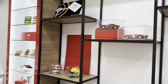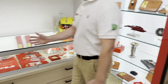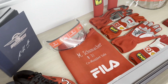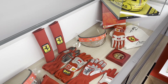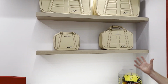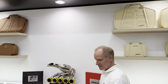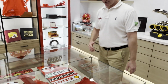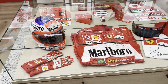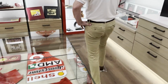Some rare BBR models. We have the most wonderful collection of Schumacher signed and race used pieces here. Original Ferrari luggage, completely brand new, never used. And these two cabinets here are particularly special. So everything in this cabinet is Rubens Barrichello, race used, signed. And then on to the other side,